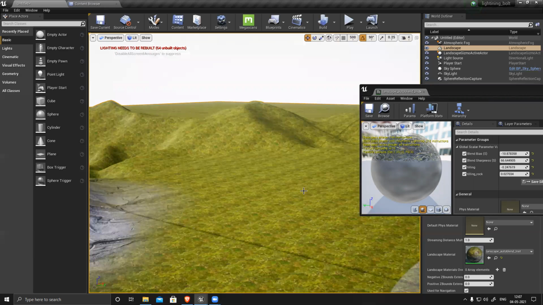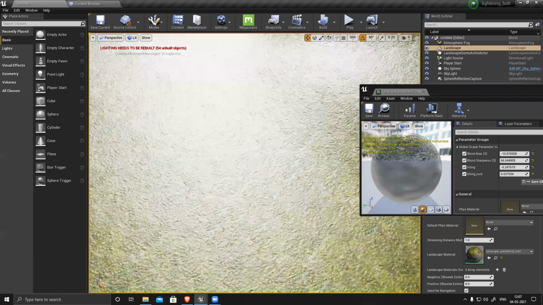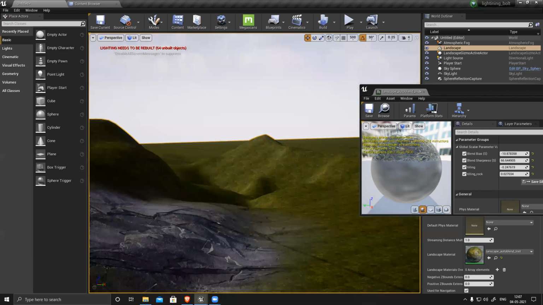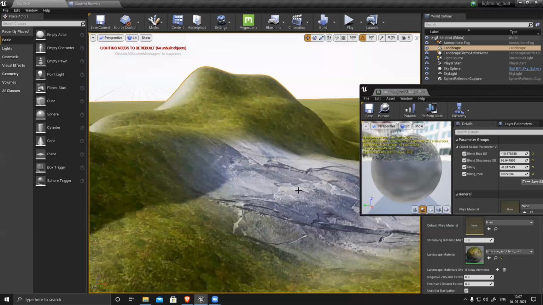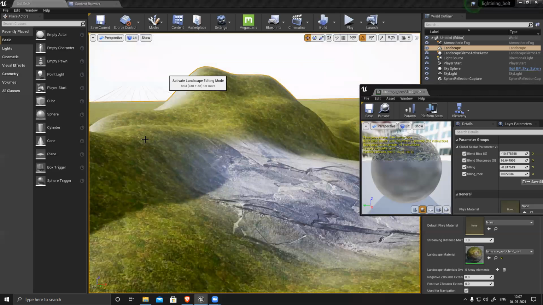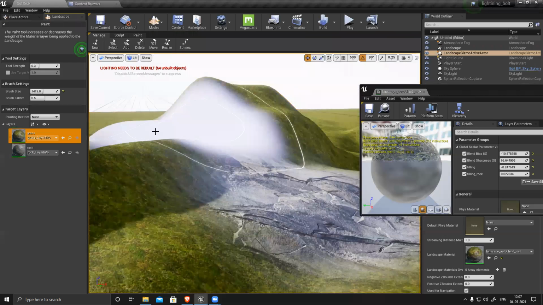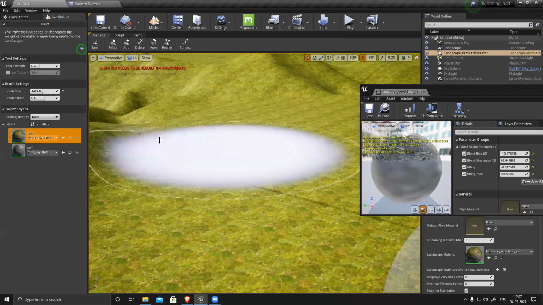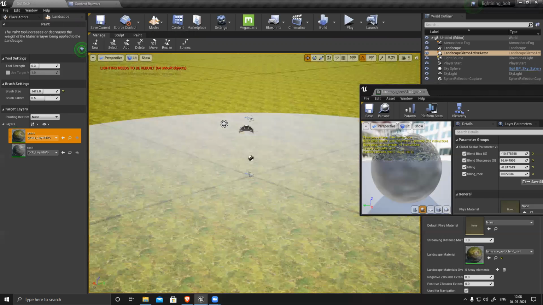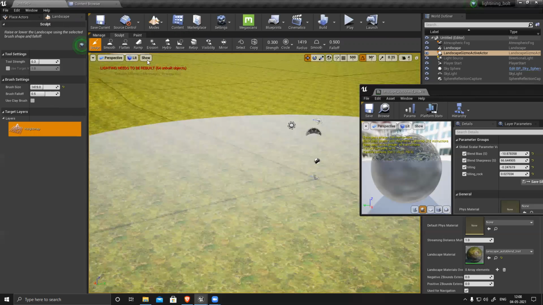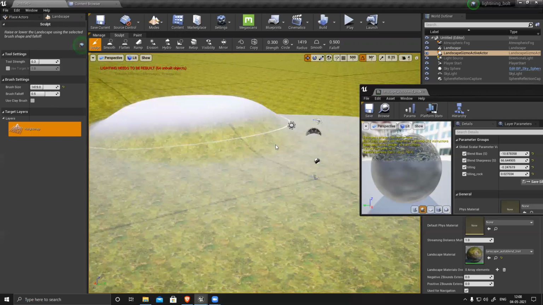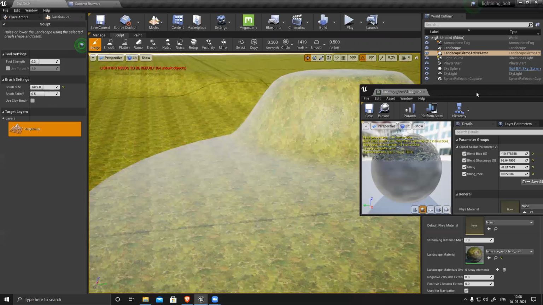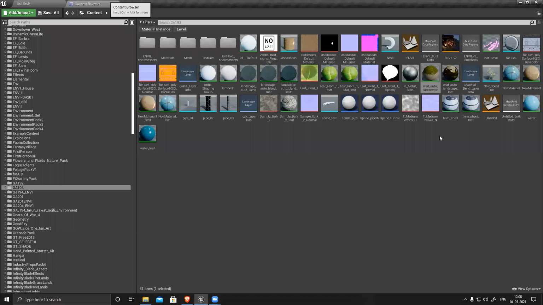The material is showing, but it's not working here. That's strange. There's something wrong with my Unreal or what? Just give me a second. I'll apply this material. Okay, what is the problem?